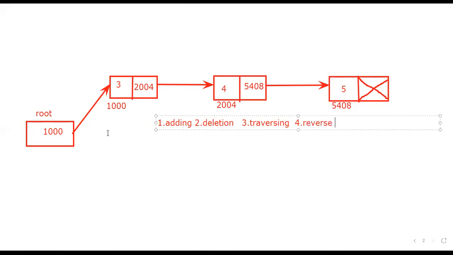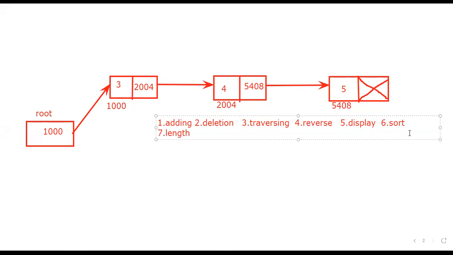Next is reverse. Reverse means what? For example, here 3, 4, 5 are stored. This is the normal order. 5, 4, 3, that is the reverse order. Okay. So in your syllabus, these four are there, but generally we can also display the list of elements in the linked list, and at the same time we can sort. We can also tell the length of the linked list. Here, what is the length of the linked list? The total 3 elements are stored. That is the length of the linked list.